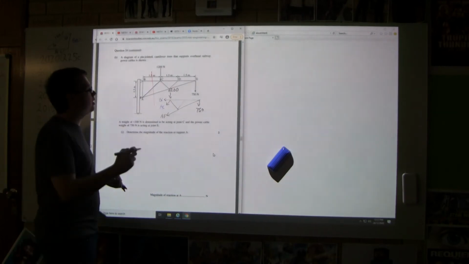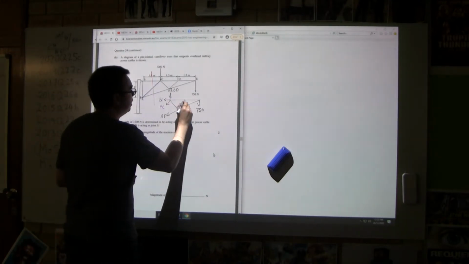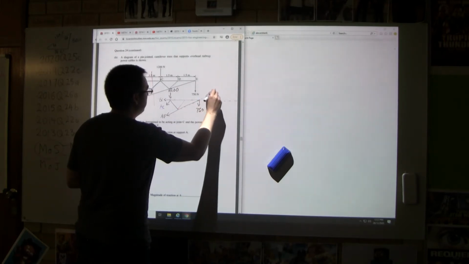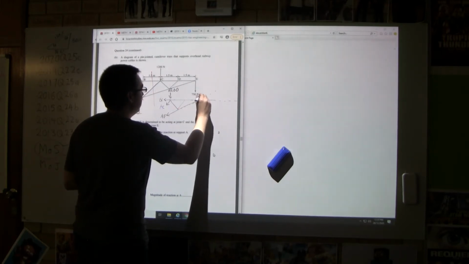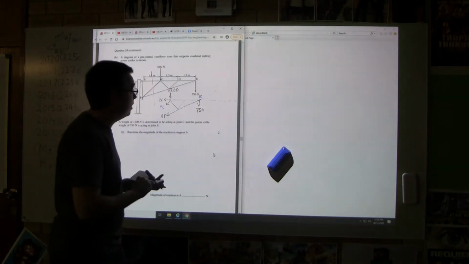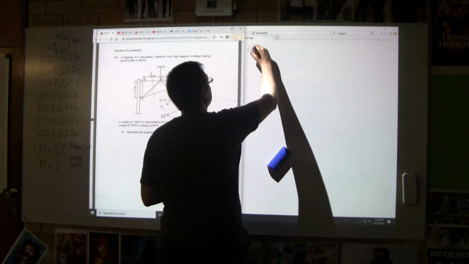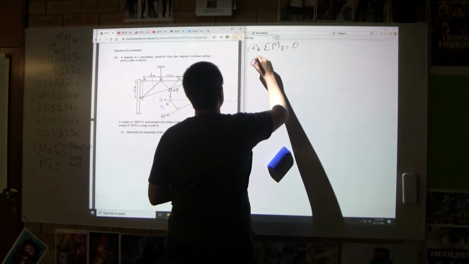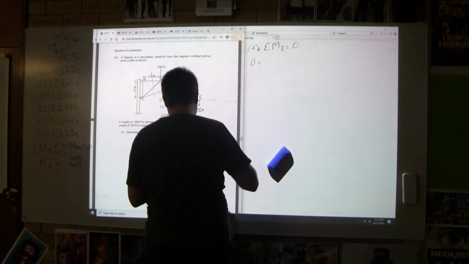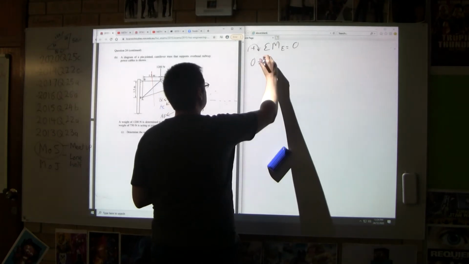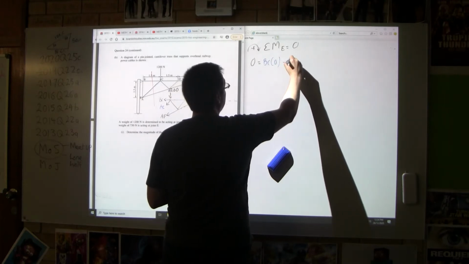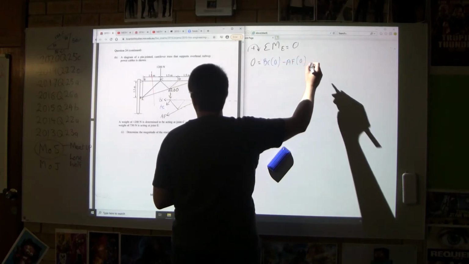The next thing to look at is, if I draw a line along BC, and if I draw a line along AF, is there a point where they meet? And there is, at point E. So that gets us started. So up at the top we go. The sum of the moments about E equals 0. 0 equals, well, I guess I'm going to stick with my convention of writing unnecessary work. BC times 0 minus AF times 0. And